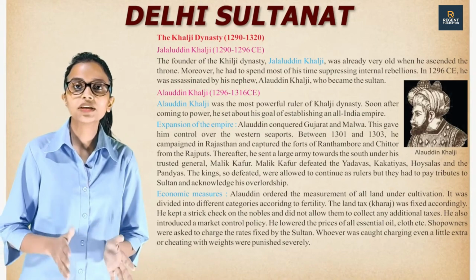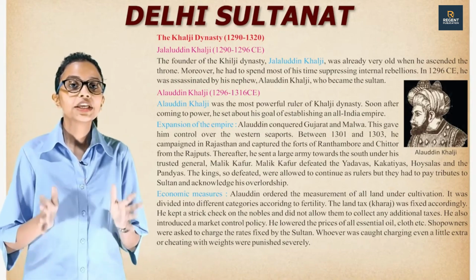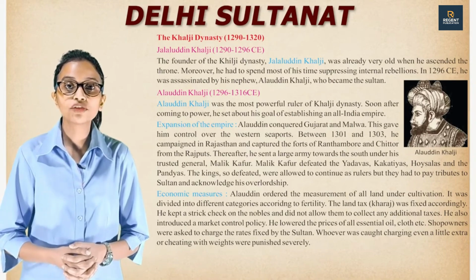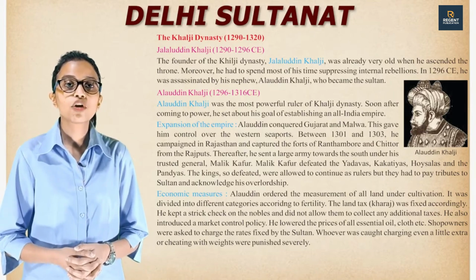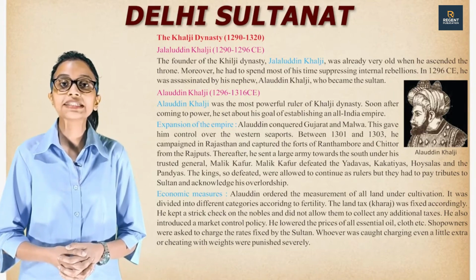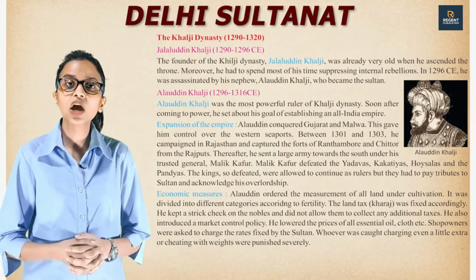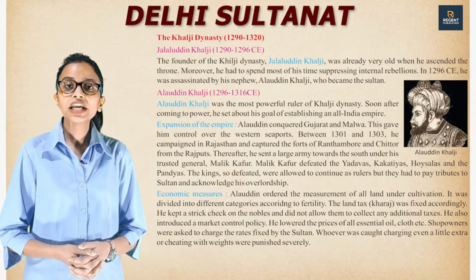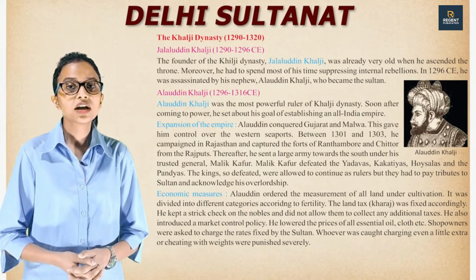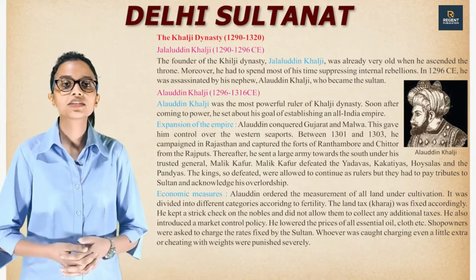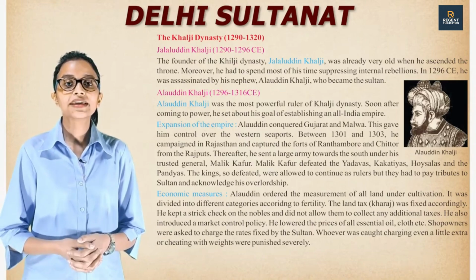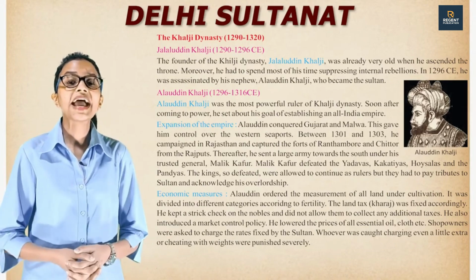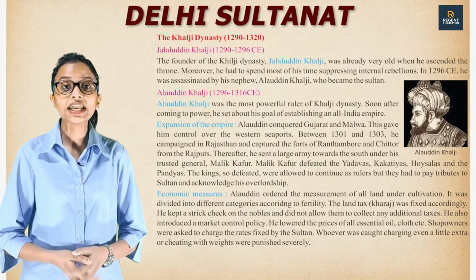Between 1301 and 1303, he campaigned in Rajasthan and captured the forts of Ranthambore and Chittor from the Rajputs. Thereafter, he sent a large army towards the south under his trusted general, Malik Kafur. Malik Kafur defeated the Yadavas, Kakatiyas, Hoysalas and the Pandyas. The defeated kings were allowed to continue as rulers, but they had to pay tributes to the Sultan and acknowledge his